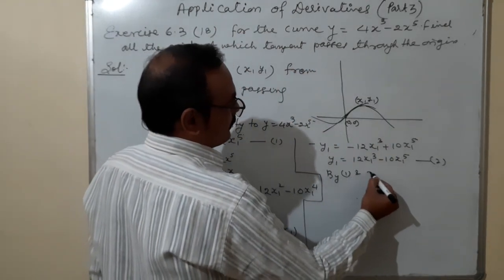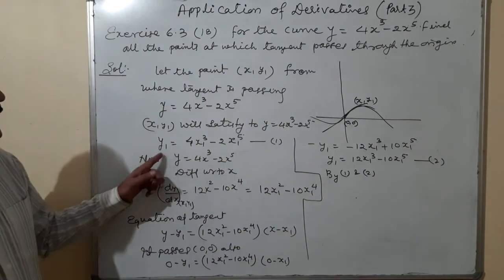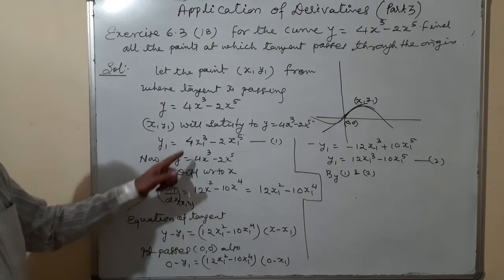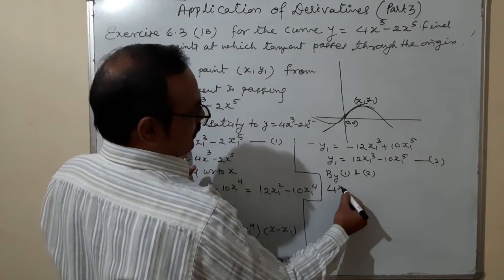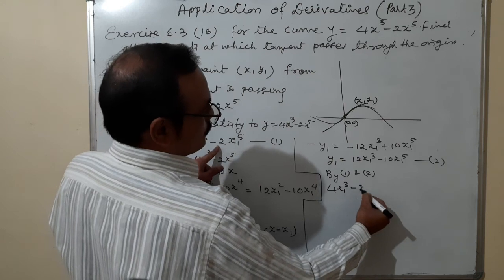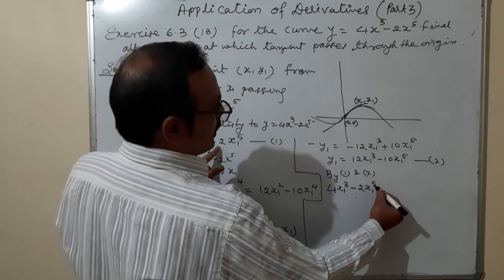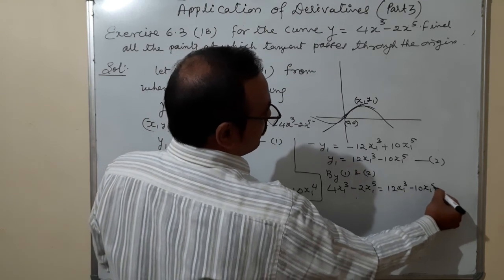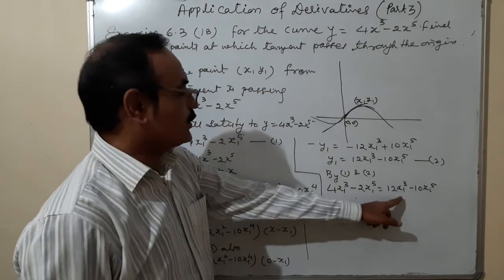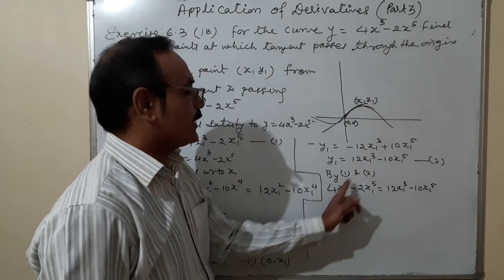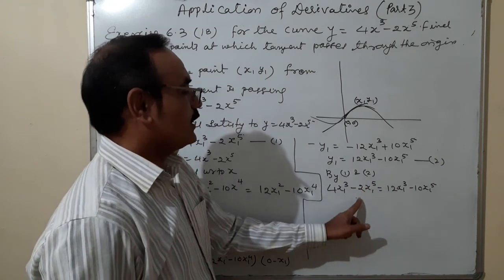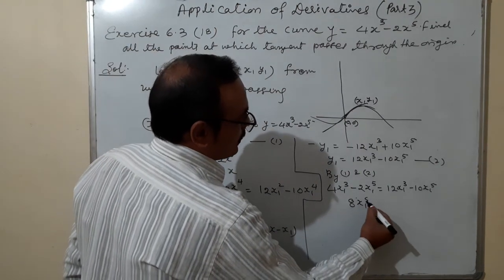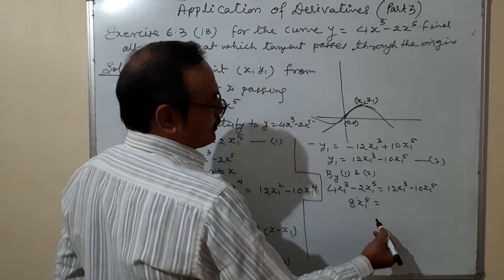y1 and 2. Equation number 1 is y1 is equal to 4x1 cube minus 2x1 to the power 5, and the second is y1 is equal to 12x1 cube minus 10x1 to the power 5. 4x1 cube minus 12x1 cube, or 12x1 cube minus 4x1 cube, it is 8x1 cube, and minus 2 plus 10, 8. So right here 8x1 to the power 5 is equal to